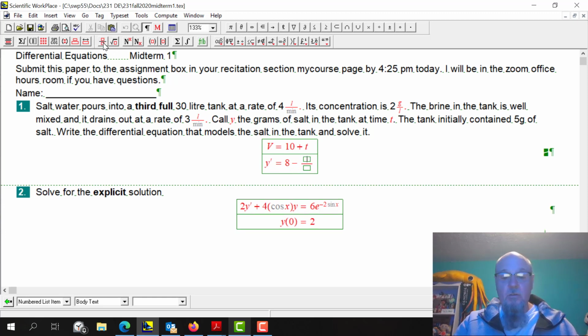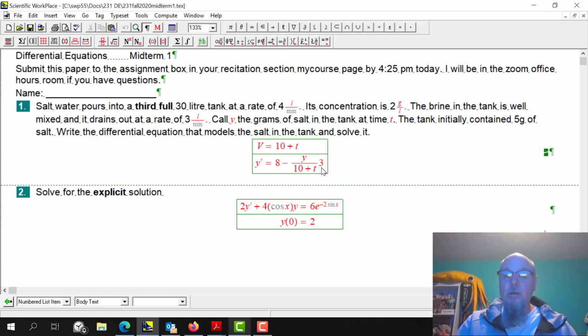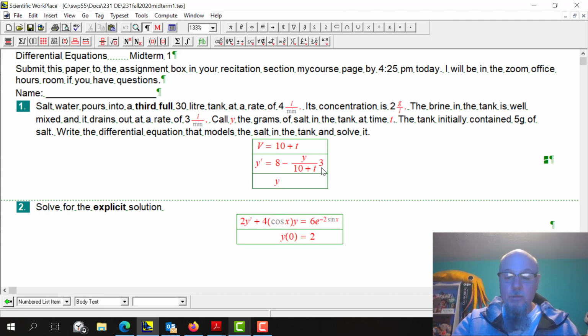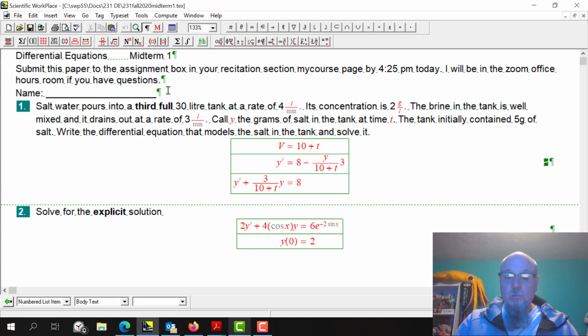The out is going to be y kilograms divided by liters. The liters changes the volume, so that's kilograms per liter times liters per minute. There's my differential equation. It's first order linear, a y prime plus py equals q. So we want to put it into the form y prime plus py equals q. Our integrating factor is going to be e to the